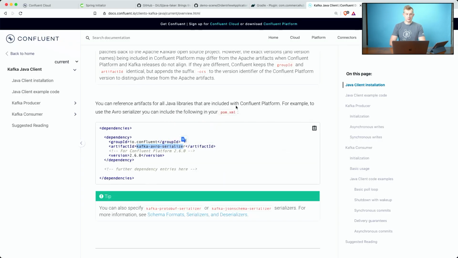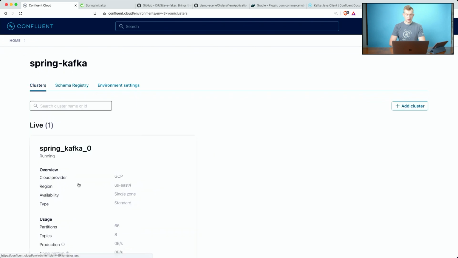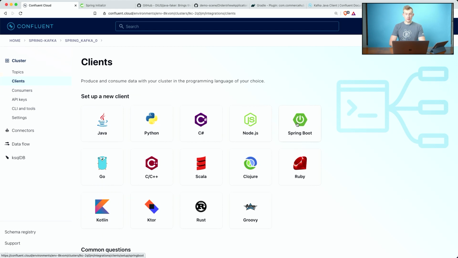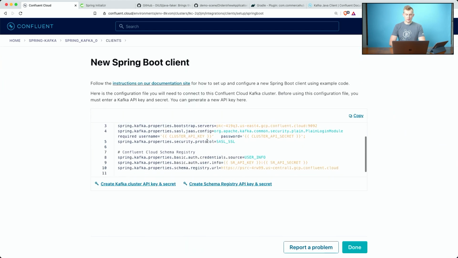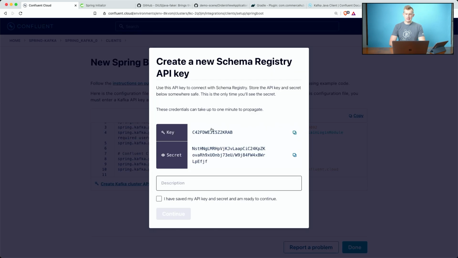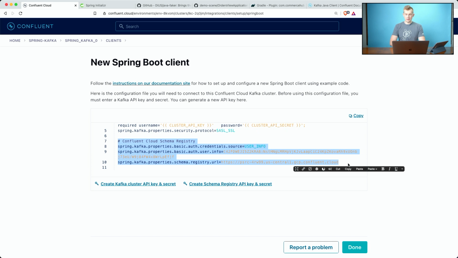So let's get back to Confluent Cloud and switch into this cluster, my cluster. We're going into clients and Spring Boot. And now what we can see here is that we can generate our schema registry key and password. Let's call it Spring Kafka lesson. We're going to save this, continue. So in this case, my placeholder was replaced with actual values. That's something that I will copy into my code,